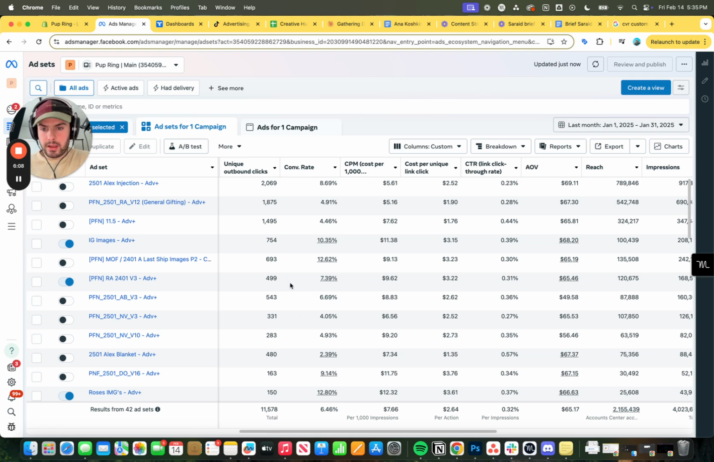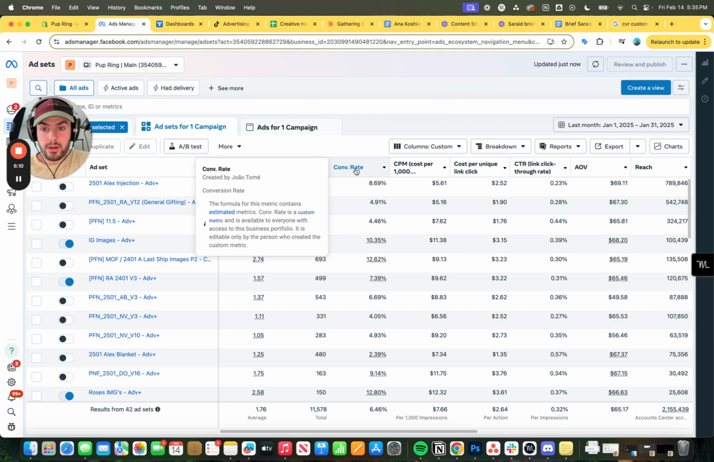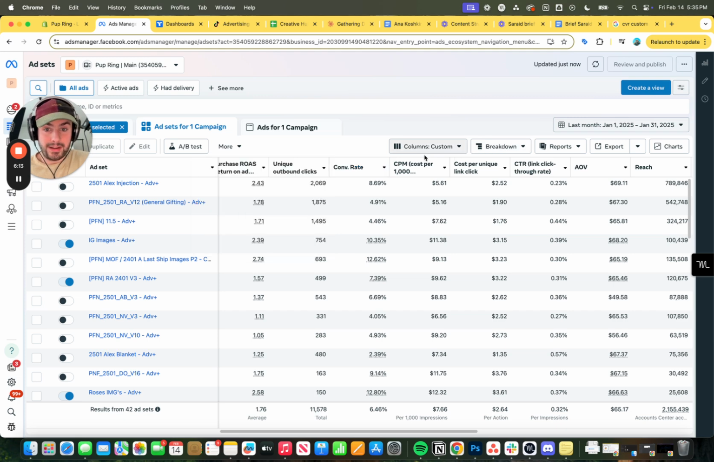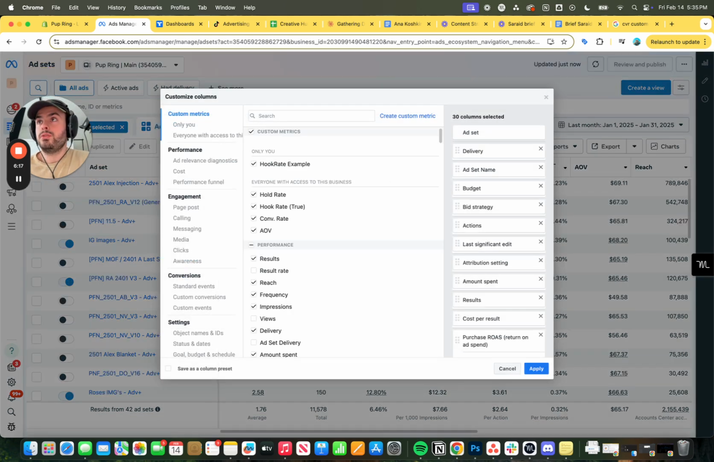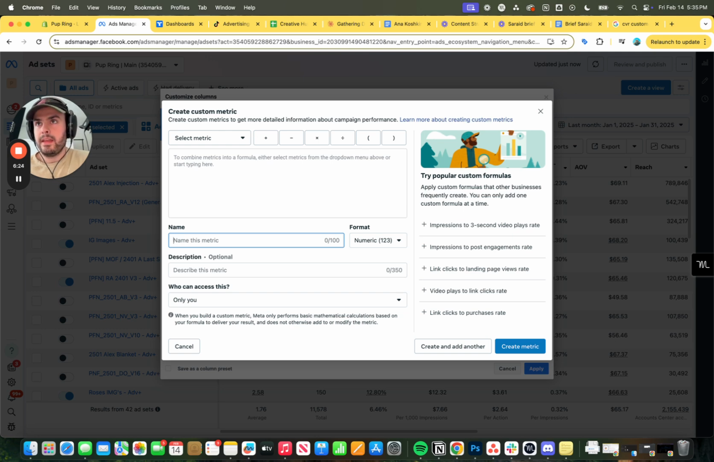Cool. Moving forward, conversion rate. This is another custom one that you guys should add if you don't already. This one is pretty simple also to get added. All you're going to want to do is go back to create custom metric, and then you're going to want to go ahead and add,